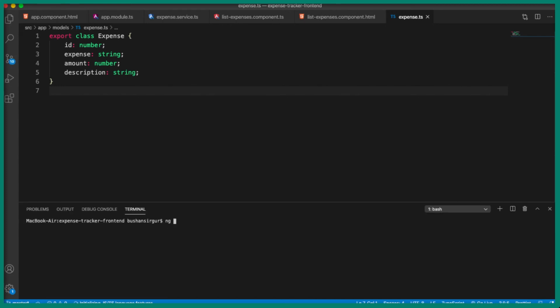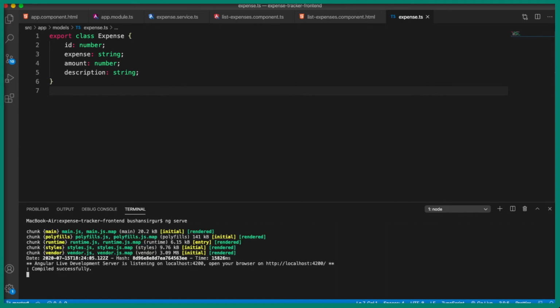Let's run it, ng serve. This time it should display the list of expenses. Sometimes this happens with Visual Studio Code. Alright, the application has been started.